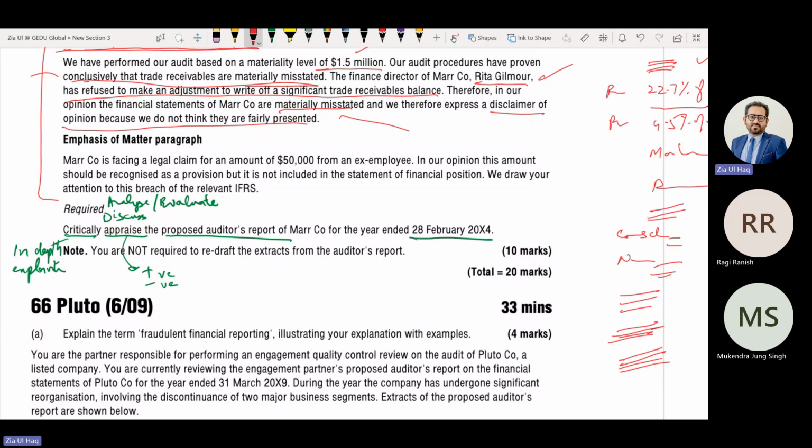Can we answer this part in 10 points? These 10 points you need to prepare by yourself. This approach we need to adopt while practicing the question. If we adopt this approach, this paper is nothing. My students are struggling in this paper. They are unable to prepare points according to the marks.